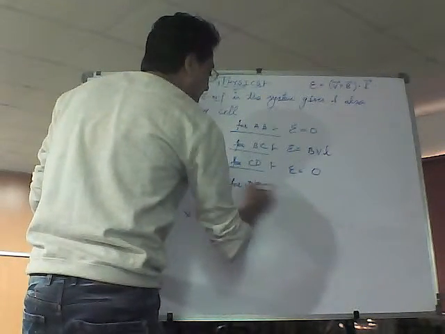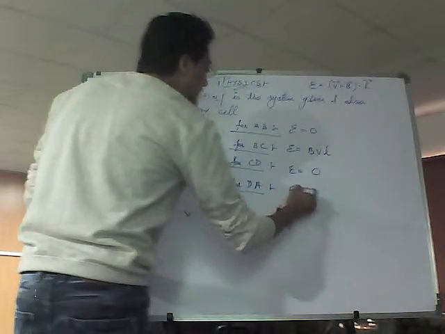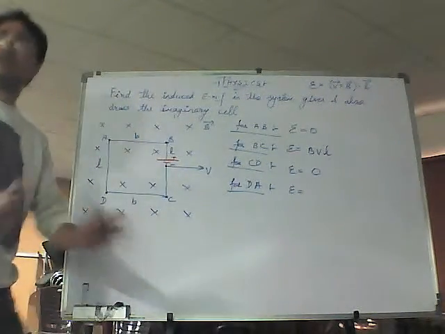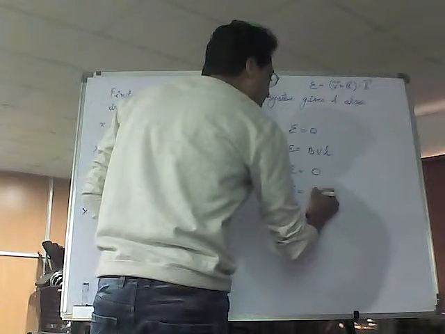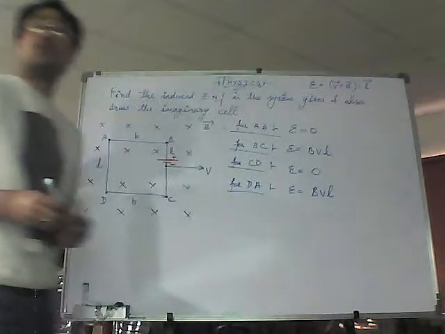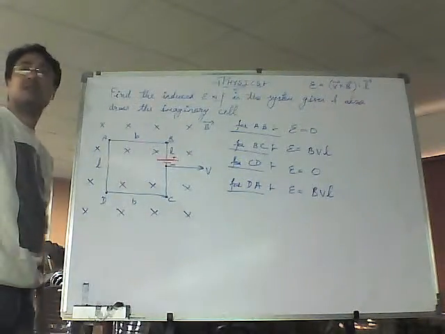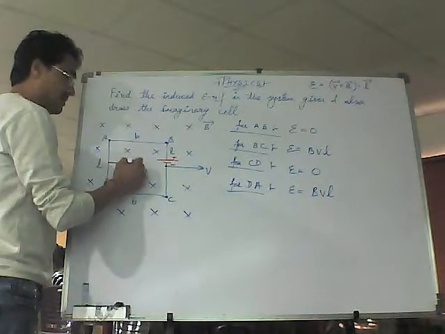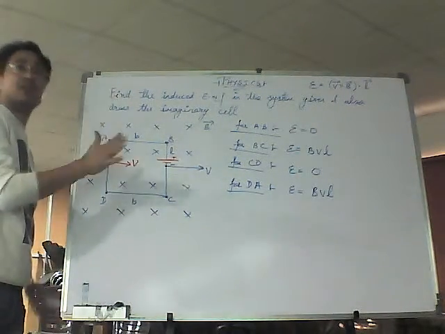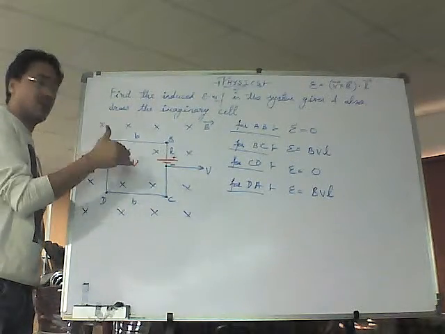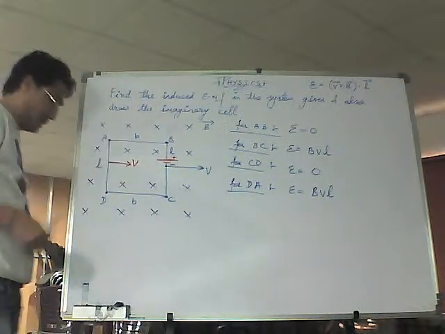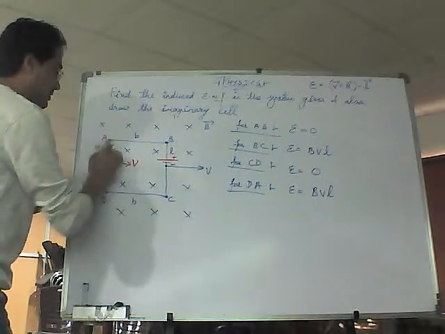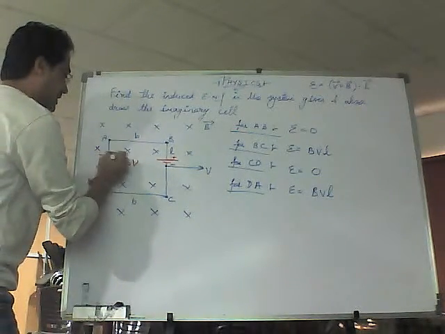और DA या AD की तो इंड्यूस्ड EMF E कितना आएगा? फिर से तीनों वेक्टर्स परपेंडिकुलर हैं तो it will be BVL, but we talk about the polarity. तो V क्रॉस B, V वेक्टर की वेलोसिटी B से इधर जा रही है, तो V क्रॉस B इधर की हो रहा है, ऊपर की ओर। दैट मीन्स again I can make an imaginary cell over here, positive